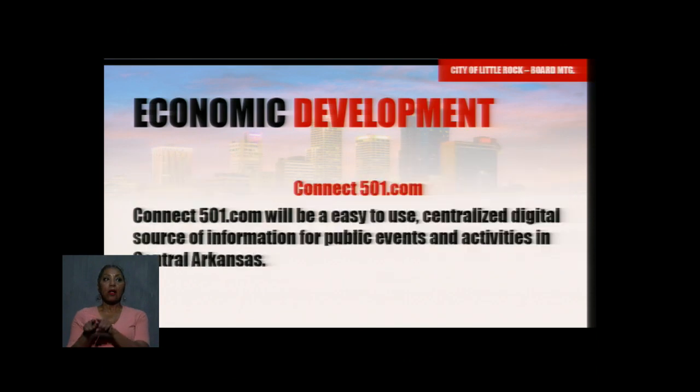And then economic development. Yay, great. Okay. So economic development also has a recommendation from the sessions. Some of them were things that I was already familiar with, such as Be Pro, Be Proud. We actually were just talking about how to support some that are already happening in economic development instead of reinventing the wheel. But one of the things we really want to focus on that I heard from young professionals is